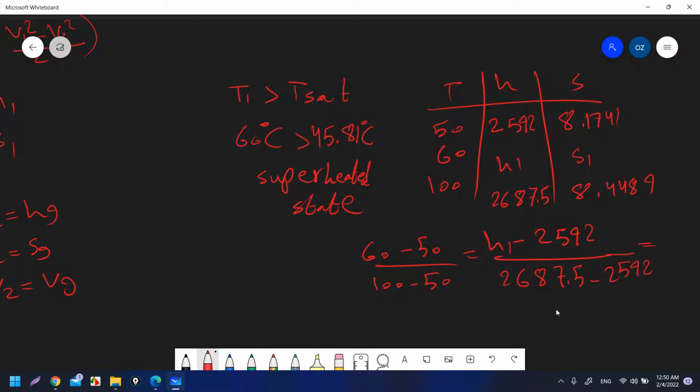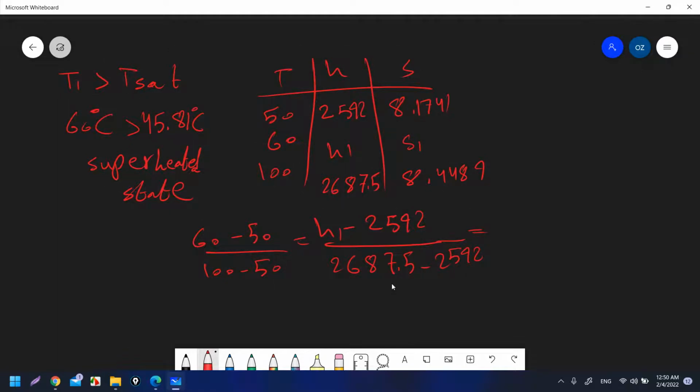This also equals, for the entropy, S1 minus 8.1741 over 8.4489 minus 8.1741. Okay, this will give me H1 equal to 2611.1 kilojoule per kilogram,